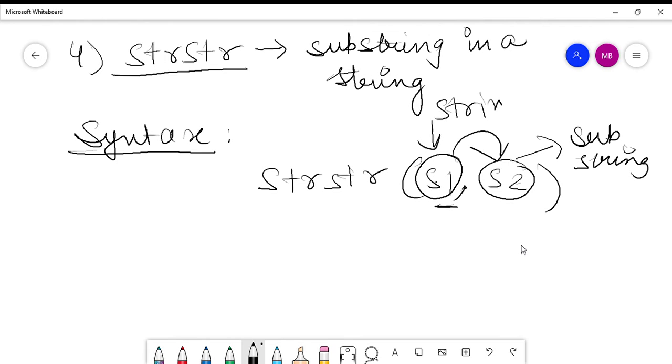So when you want to find out a substring in a string, you use the function strstr with 2 parameters, wherein the first parameter is the string in which you want to find the substring, and the second parameter is the substring which you want to find in the string, right? So if you are able to find s2 in s1, it will give you the result for that, right?